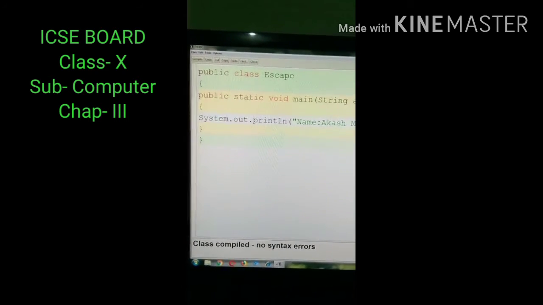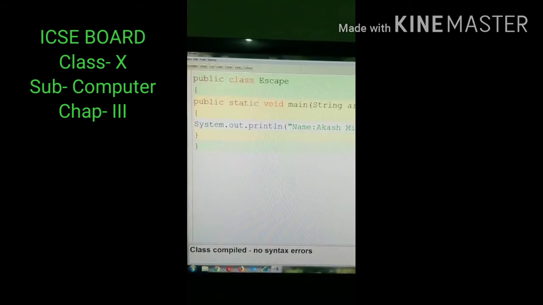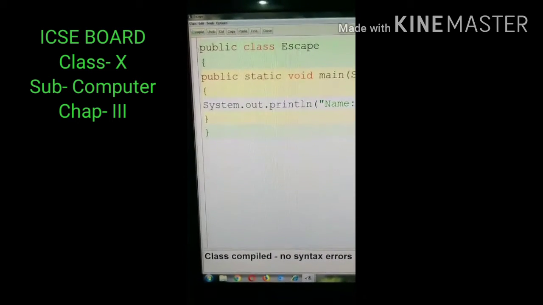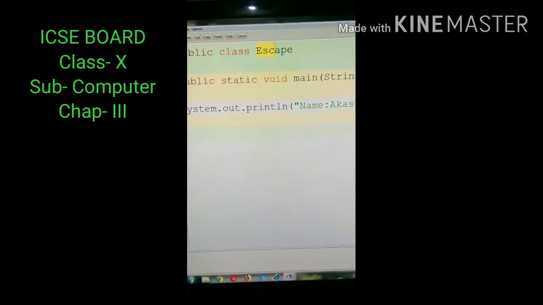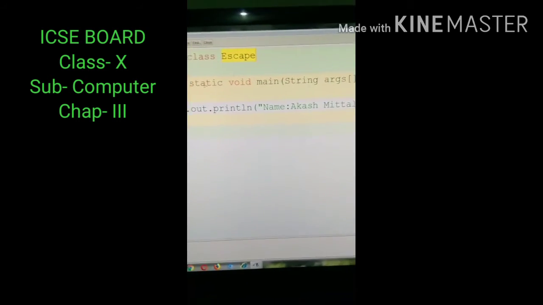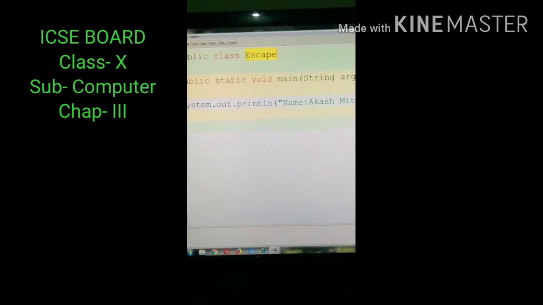I am demonstrating the use of backslash n using a program. So this is the program, public class, and the class name I have given is escape. Public static void main string args, System.out.println.